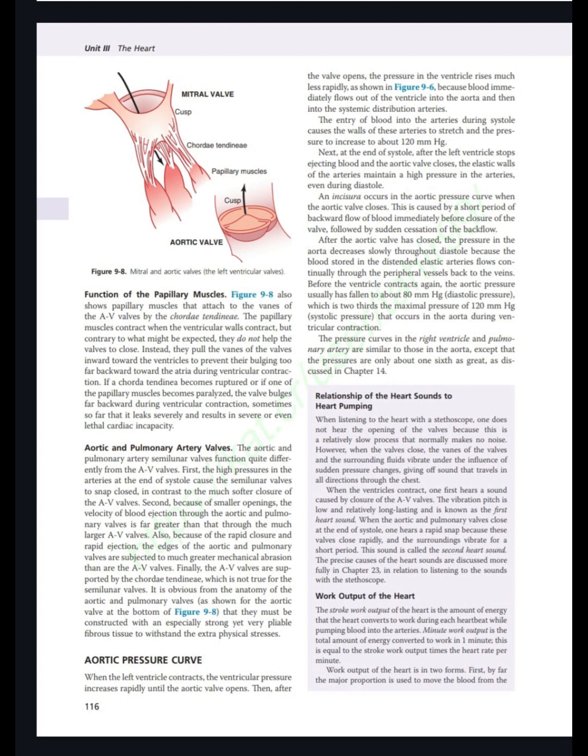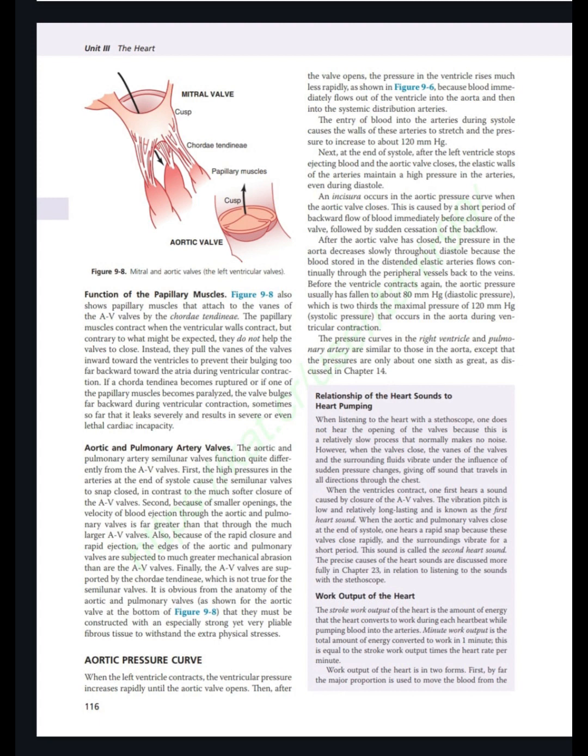Then see this blue box, relationship of the heart sounds to heart pumping. When listening to the heart with a stethoscope, one does not hear the opening of the valves because this is a relatively slow process that normally makes no noise. However, when the valves close, the vanes of the valves and the surrounding fluid vibrate under the influence of sudden pressure changes, giving off sound that travels in all directions through the chest. Then the next paragraph, when the ventricles contract,